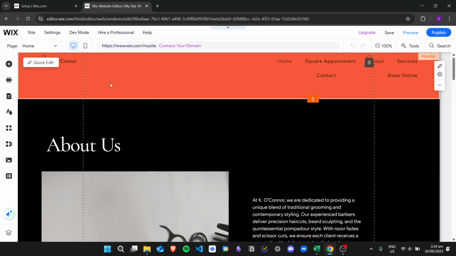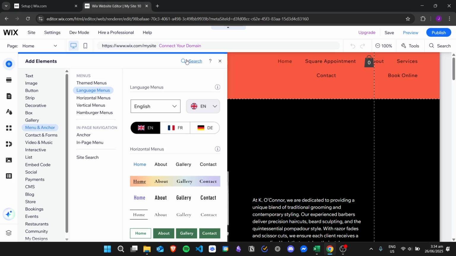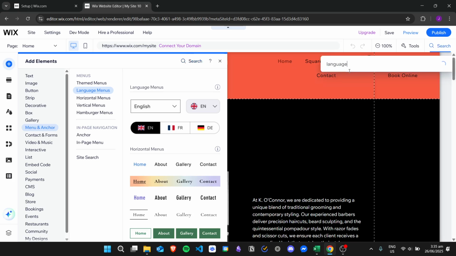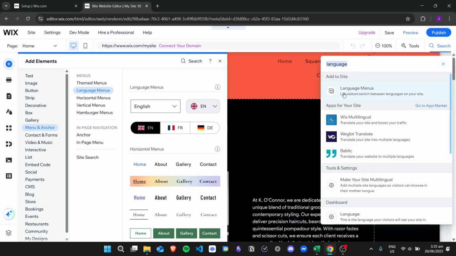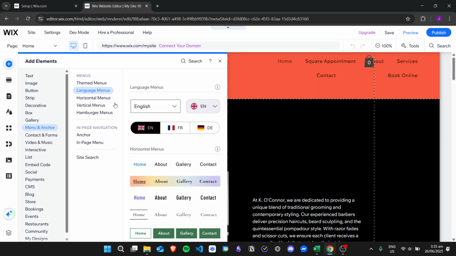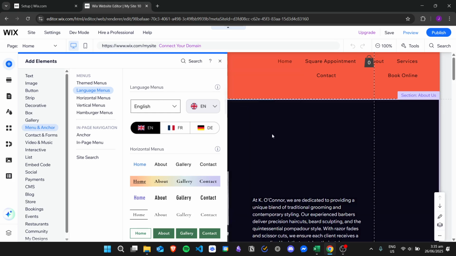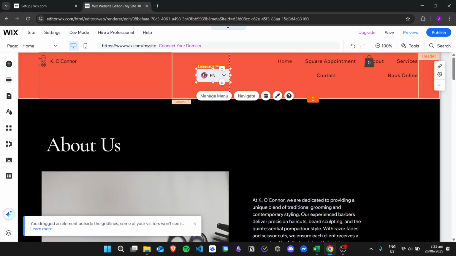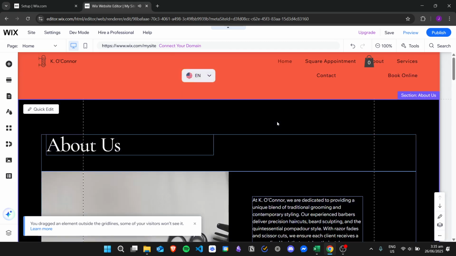But in case that you don't have that, just click on add elements and then search for language menus. And then you will be redirected here from your sidebar, and then you have here different options for your language menus. So choose the one that you want. For example, I'll choose this one. I'll just drag and drop it into the website, and then from here